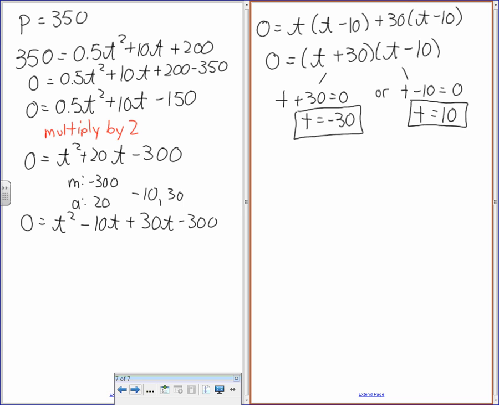So, as far as the answer to this question, Rachel, what does t equals negative 30 mean, and what does t equals 10 mean? Good, but at what year are those going to be? Oh, 2000. Somebody help her. She's almost there. She missed the last step. Chase, go ahead. What else? 1970, right? So therefore, the two populations